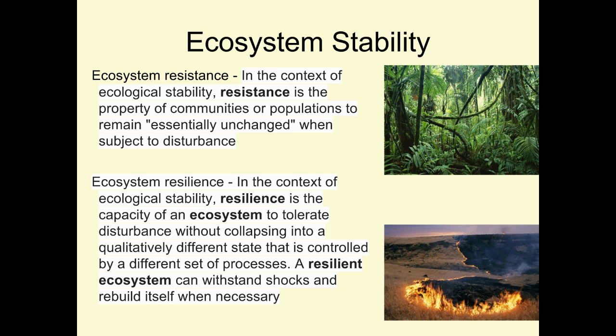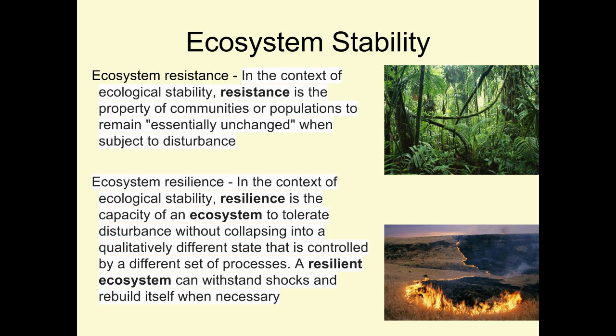Ecosystem resilience is an ecosystem where once it's wiped out, it bounces back very quickly. So this typically has low diversity. So one of the ecosystems that has high resistance would be a rainforest. A grassland would have very, very low resistance but high resilience. Right? Grasslands actually benefit from forest fires. When they get burnt out, it just opens up, it fertilizes the soil and opens up more land for grasses to grow.